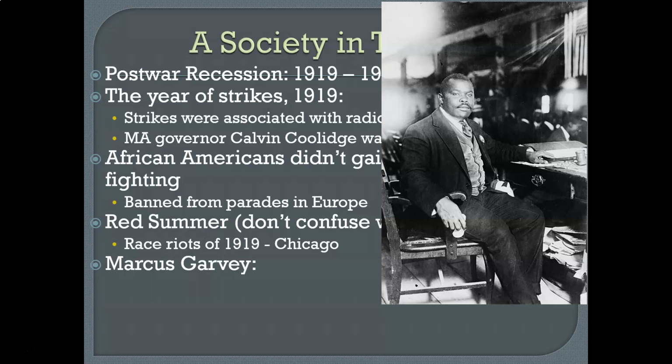During the war, nearly 500,000 blacks had migrated from the rural South to industrial cities. This is the Great Migration that we talked about. And then we had the wartime riots in East St. Louis and elsewhere, a prelude to a summer of much worse racial violence in 1919.